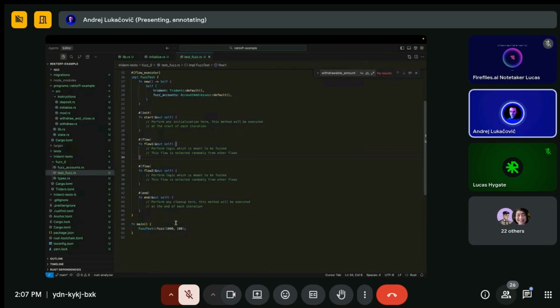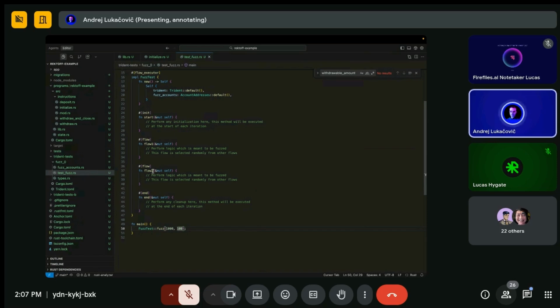So if you have 100 flows for the iteration, there is a 50% chance that this flow will be executed at some position, and this flow will be executed at the same position. So in principle, if you have 100 flows, most likely there will be 50 executions of flow 1 and 50